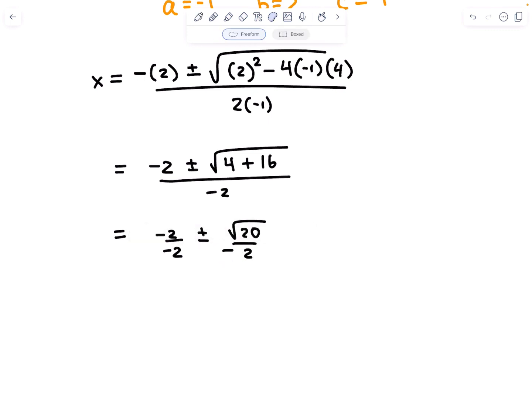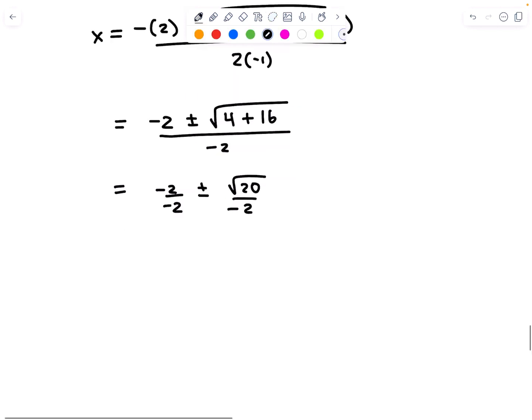Now this negative can be brought to the front of the fraction, combining with these operations and changing their signs, but since we already have plus and minus as two different options, when I negate those, I still have plus and minus. Negative 2 over negative 2 is positive 1. We're still going to have plus or minus, and we have radical 20, and I can simply say over positive 2 now. 20 is 4 times 5, and 4 is a perfect square, so I can radical the